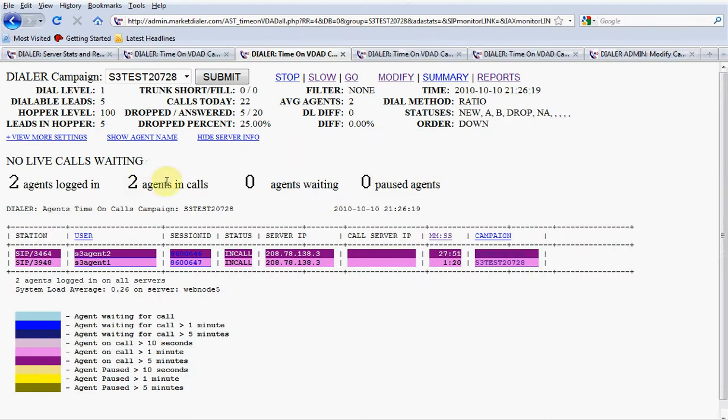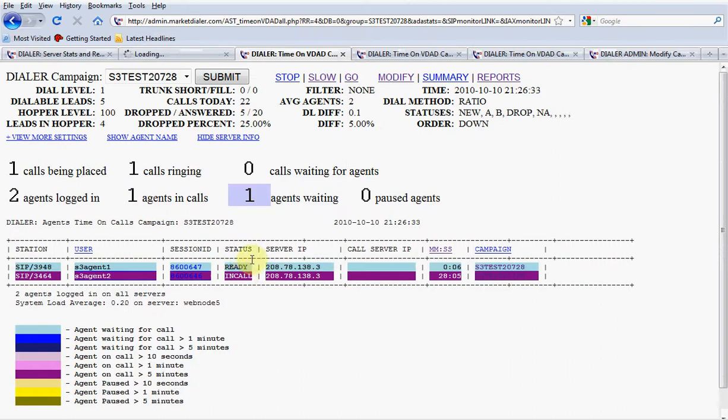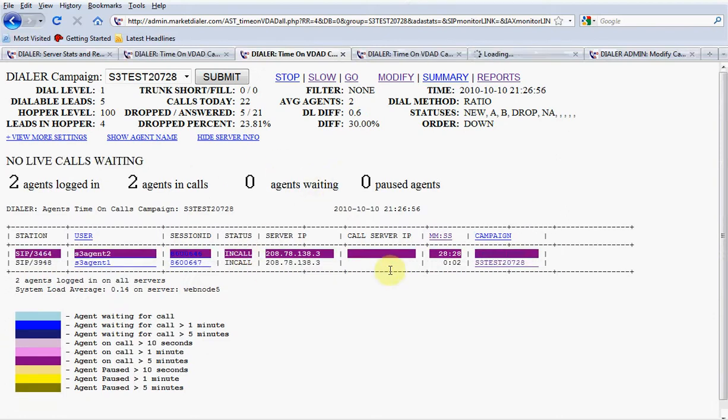All these things that I mentioned to you, you can see what's going on when your agents are actually logged in and have clicked resume. As you see, as soon as an agent comes off and is back to ready, it tells you how many calls are being placed, how many telephone numbers are ringing, and how many calls are waiting for agents. In this situation, we have 1 agent. We're dialing 1 number. When the number starts being dialed and is answered, you'll see that it'll change. This will disappear after 4 seconds, and then it'll show you that agent 1 is back in a call again